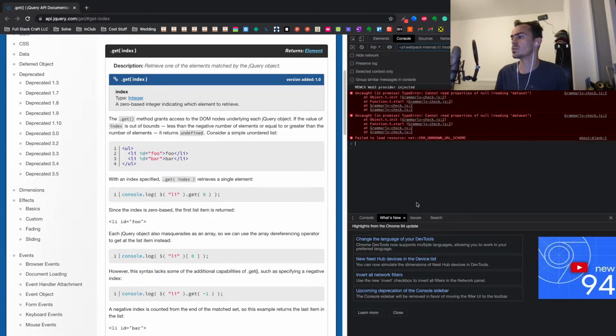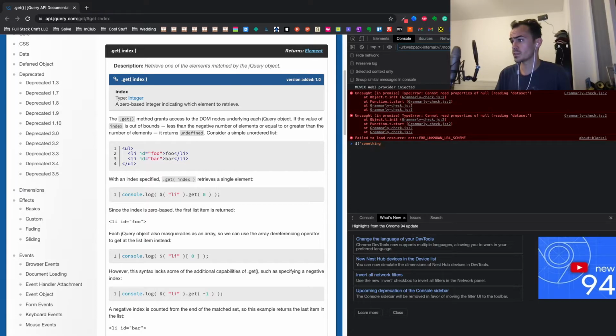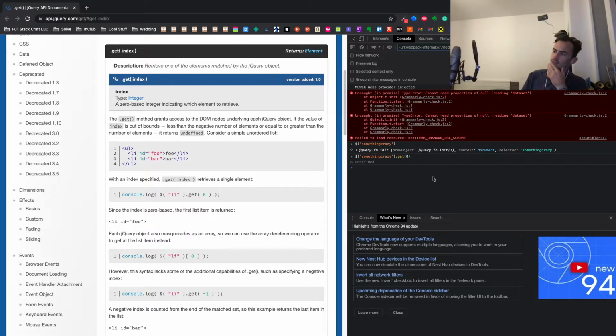If I do some crazy something crazy, which I would assume is not on the page, it still creates a jQuery object, which is so interesting. Right, and then let's get the first one. All right, yeah. So it doesn't throw. I would assume it would throw because it doesn't exist. This is correct though.